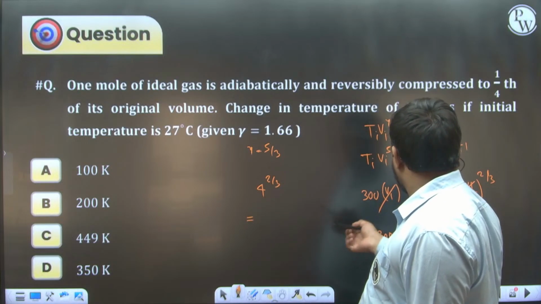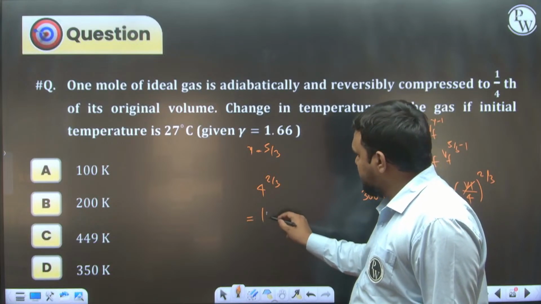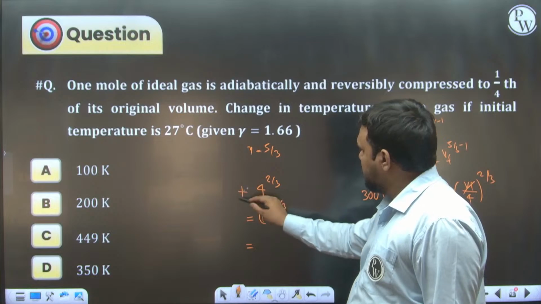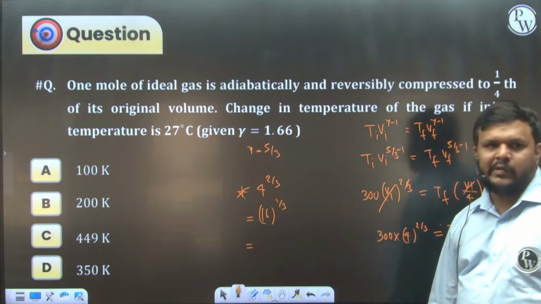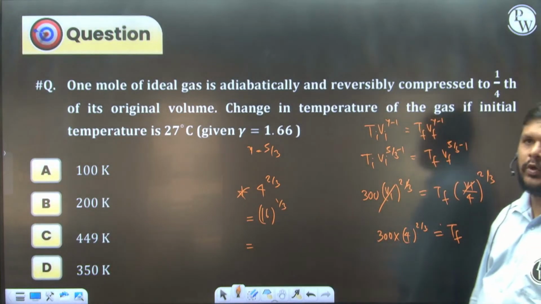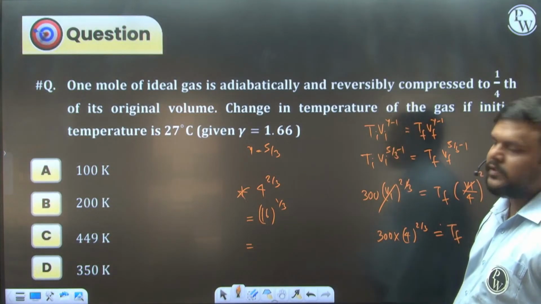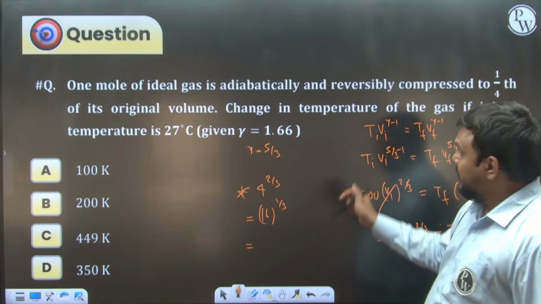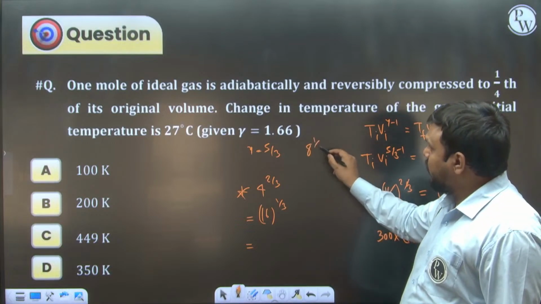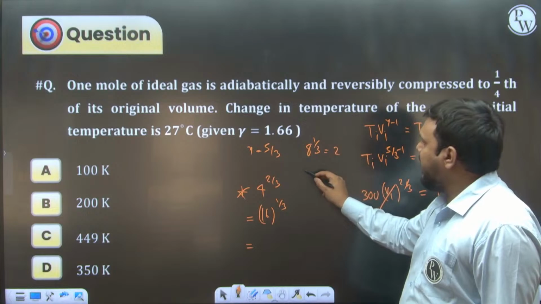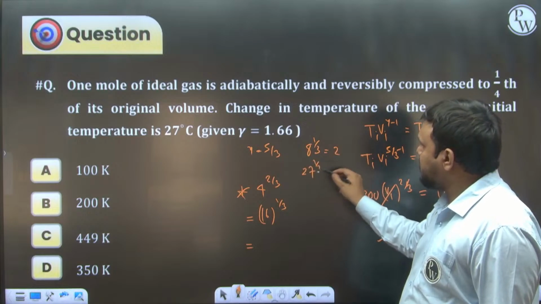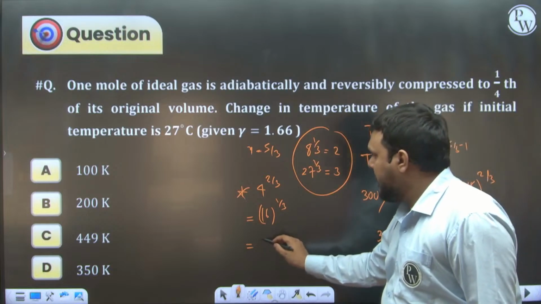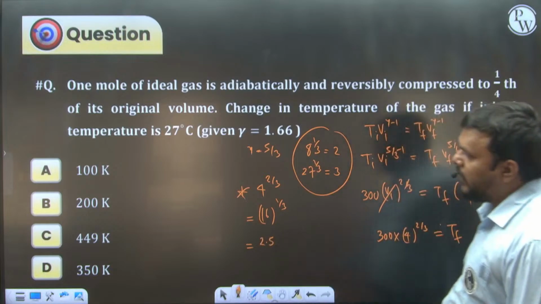4 square will be equal to 16. So this is 16 cube root. See, if you see 8 cube root is equal to 2 and the 27 cube root is equal to 3 and it is in between. Very important interesting thing, 8 cube root is equal to 2 and 27 cube root is equal to 3 and this 16 is in between, so it must be approximately 2.5.